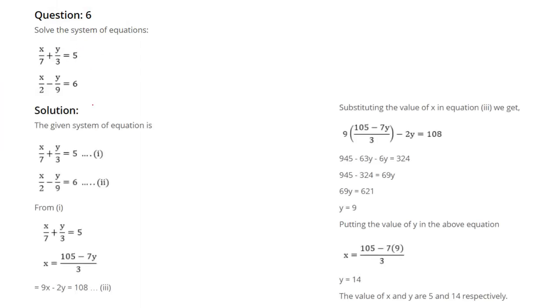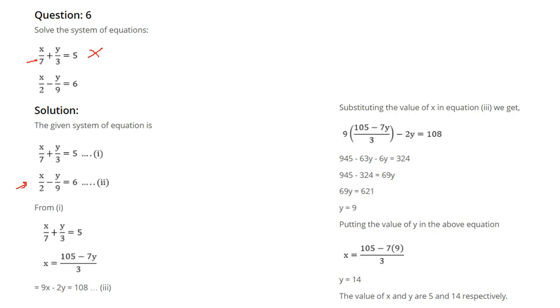Now this kind of equation, there are certain ways in which you can solve. You can directly take x from here and put it in the form of y and replace it here. Or there is another method. This is the one method which you see. I'll just try to make it much simpler.